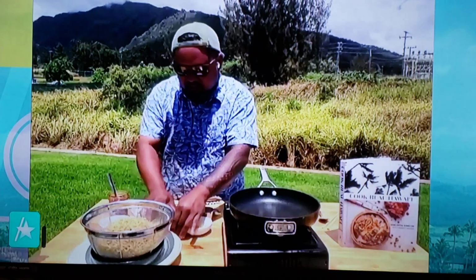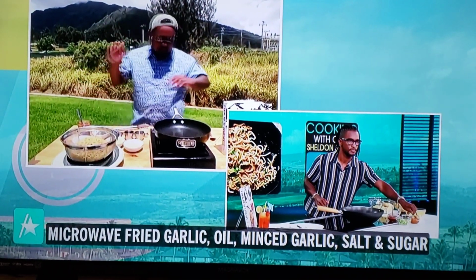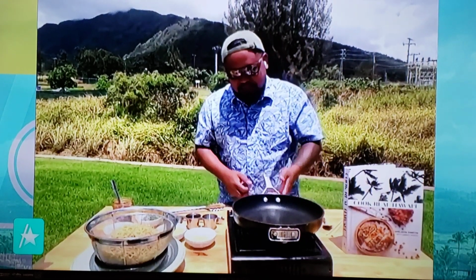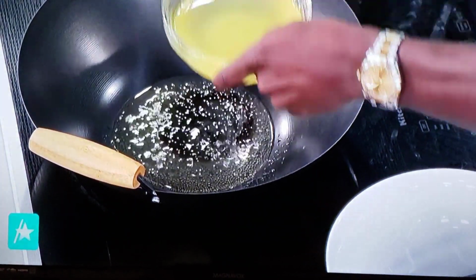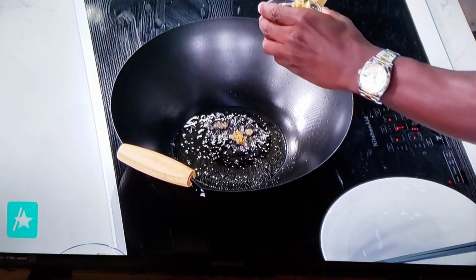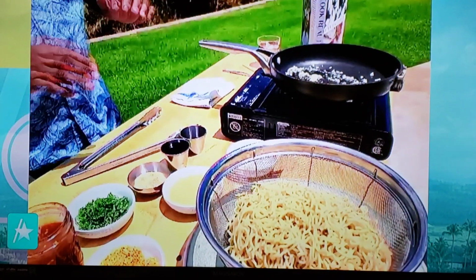Okay. We've got this flavorful garlic oil that's going to go into the pan, and then some fresh garlic to start it all off. Let's get started. This is going to go so quick. Boom, let's go. All right. So you got the pan in there, put the oil in there, got some garlic. Once that starts to bubble up, you don't need that much. The flavor of the garlic oil is already in there. Okay. And that's it. You only need a few seconds in that oil, then we toss in